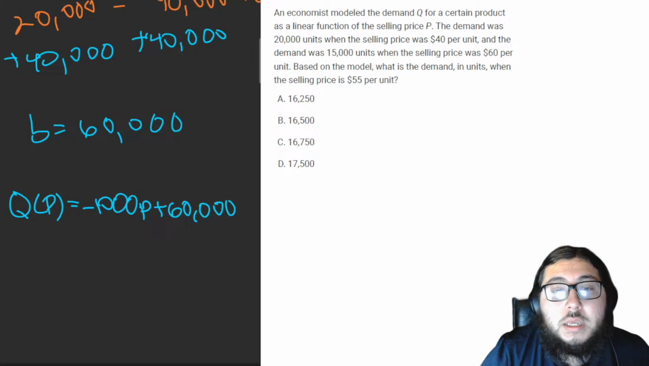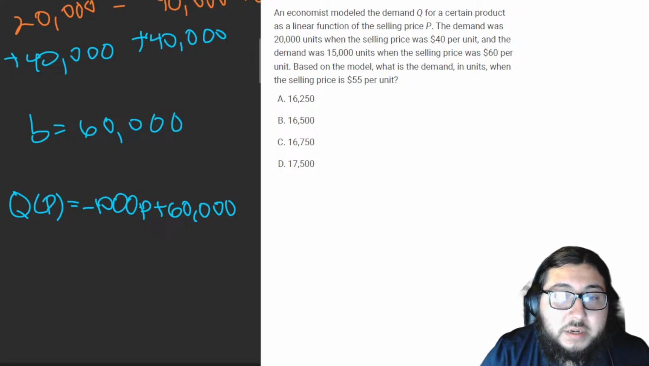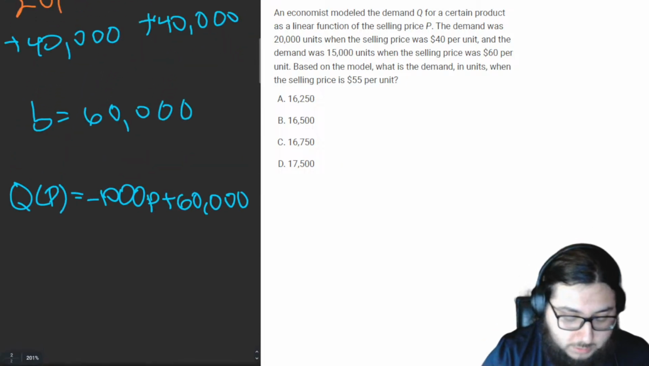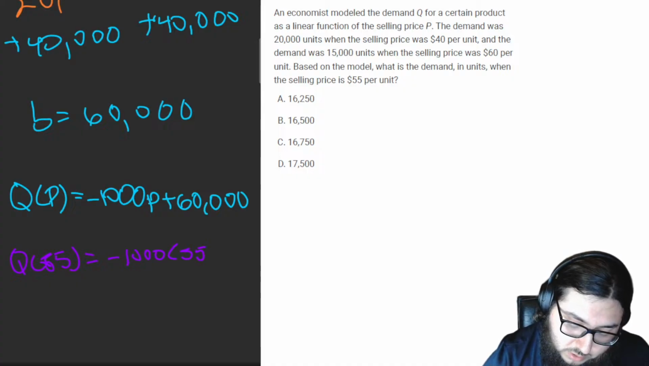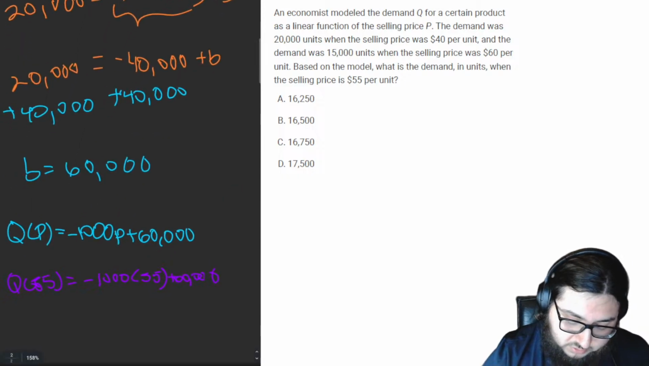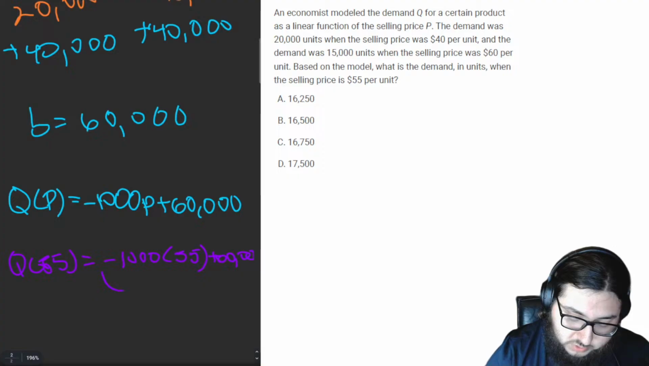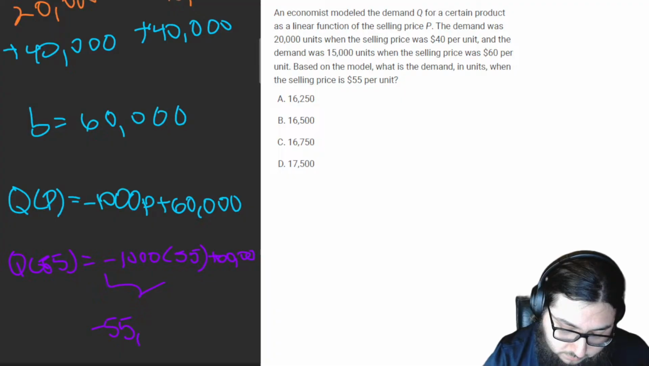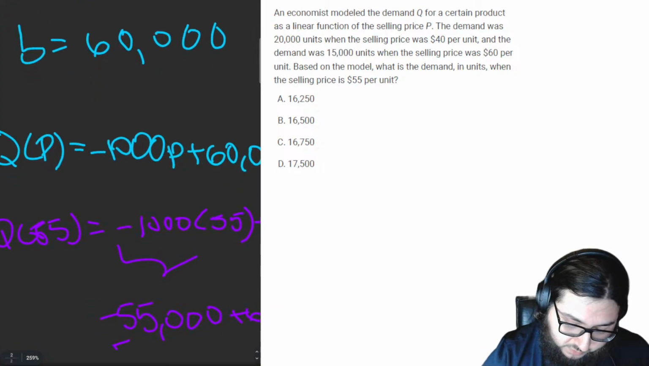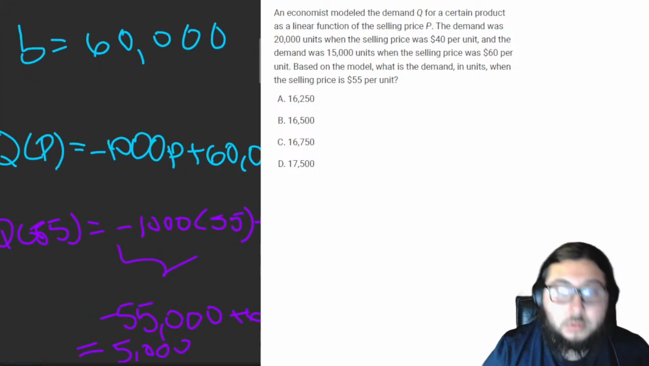And so then the question asks, based on the model, what is the demand in units when the selling price is $55 per unit? So we just have to substitute 55 for P. Q of 55 is equal to negative 1,000 times 55 plus 60,000. And I do have enough space for those zeros. So then this part, negative 1,000 times 55, gives us negative 55,000 plus 60,000 is just 5,000. So